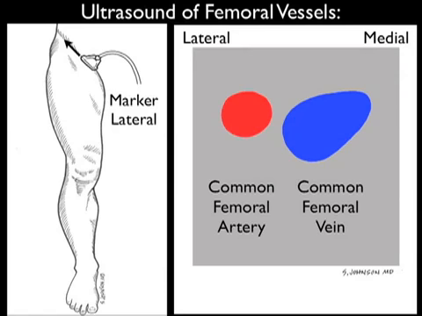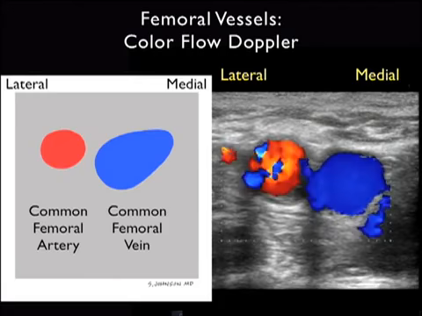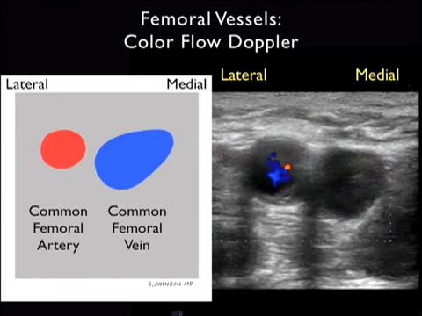Notice here that the common femoral vein will be seen medial to the common femoral artery, and because we have the marker dot oriented laterally or towards the left of the image, the common femoral vein will be seen to the right here. Here's a video showing the actual ultrasound findings of the common femoral artery and vein using color